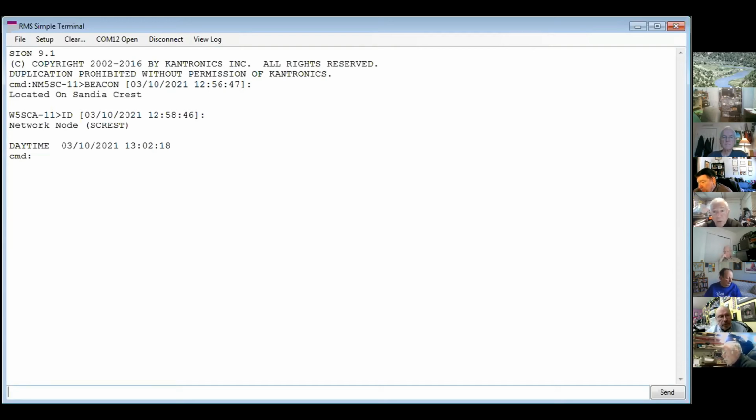And maybe we'll create a note page for that at some point. But I would suggest, as was told to me, to start with Simple Terminal, and then a lot more stuff in RMS Express starts to make sense, because it's harder. You get the same messages either way. The advantage of Simple Terminal is that it's simple, it works, and you can just send and receive messages to